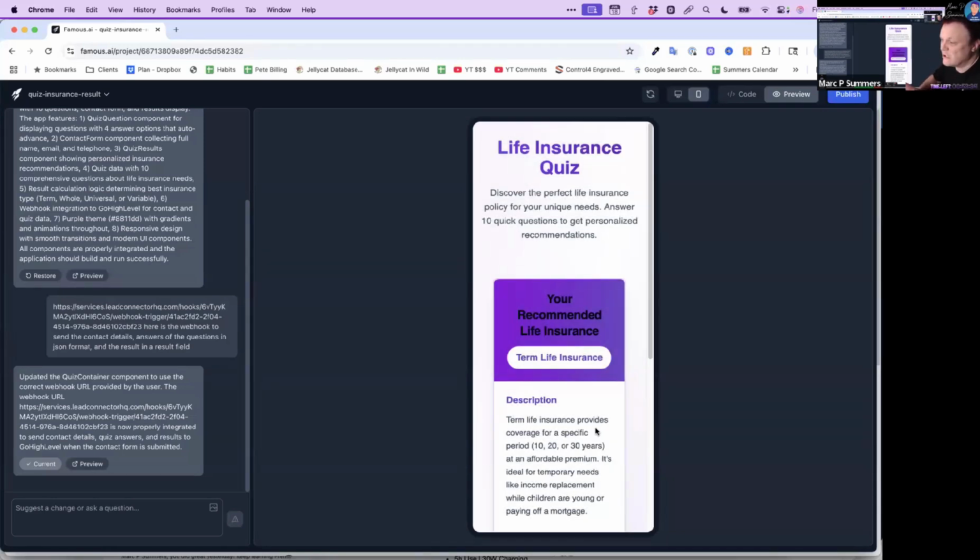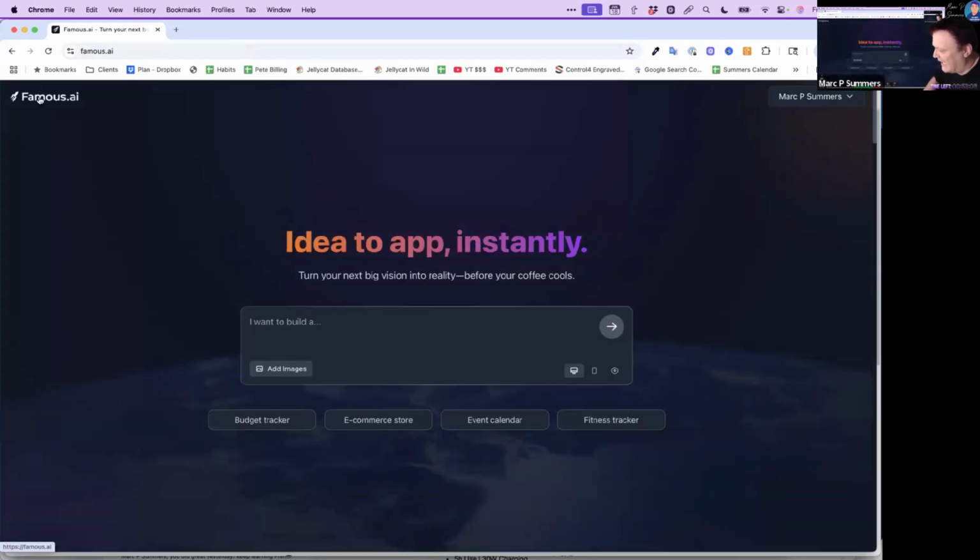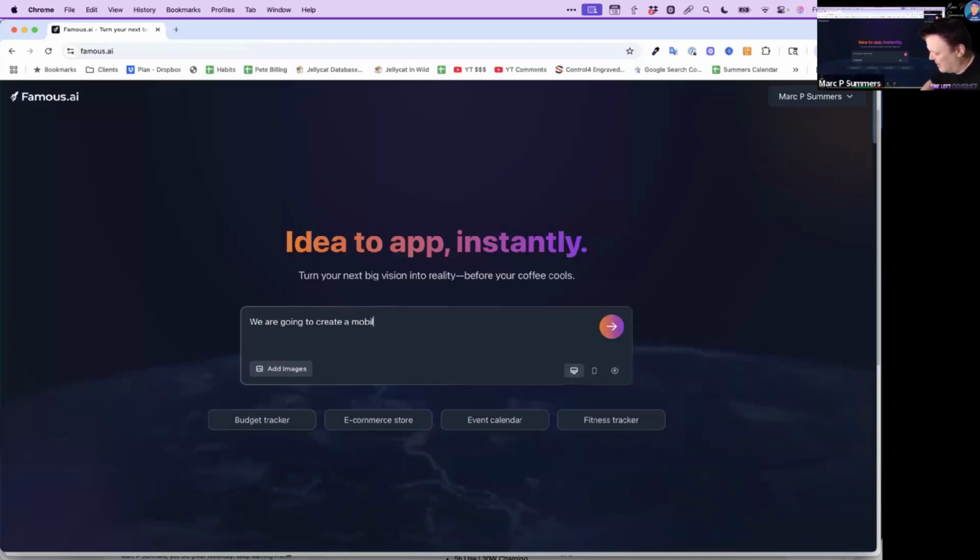And now this is obviously a very simple situation. And so we would have more features, more screens. There might be an ad user and we'd take a screenshot of the modal that popped up for logging in, for signing up, and all those types of things, whether it be paying and those sort of things, would all be screenshots. And then we would take that and we would start a new prompt saying, we are going to create a mobile app